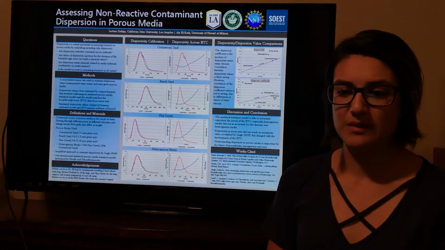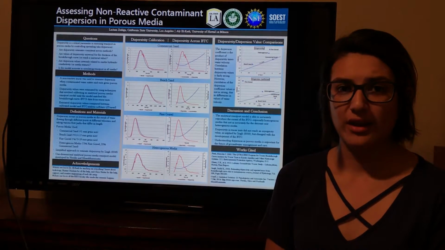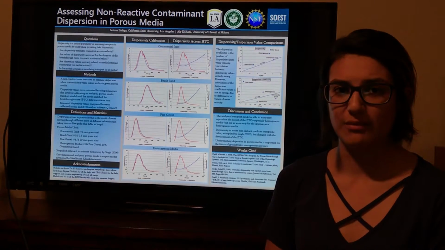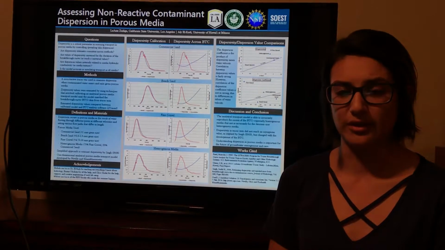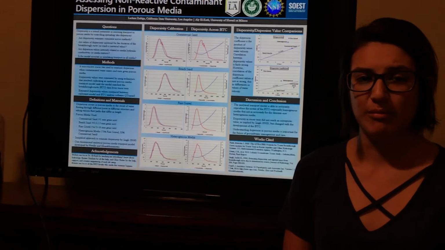Understanding dispersion in porous media is important for the future of groundwater management and care. Not having a universal dispersion coefficient means that we cannot accurately model dispersion of a contaminant until the breakthrough curve is completed. If we have a way to be able to better understand dispersion and better be able to model